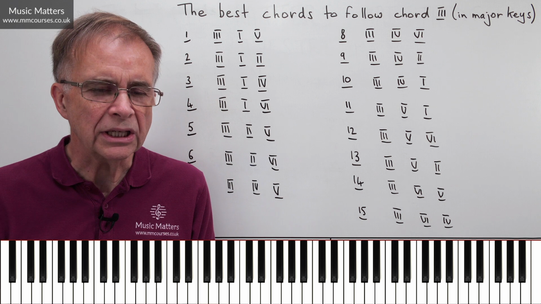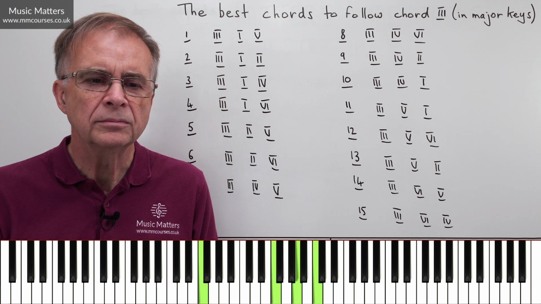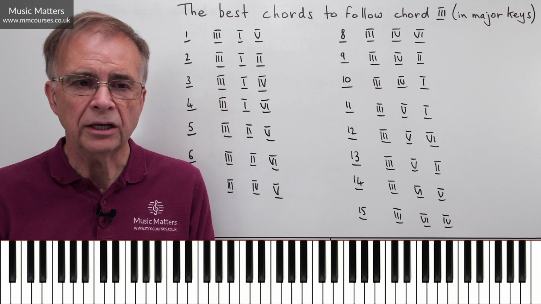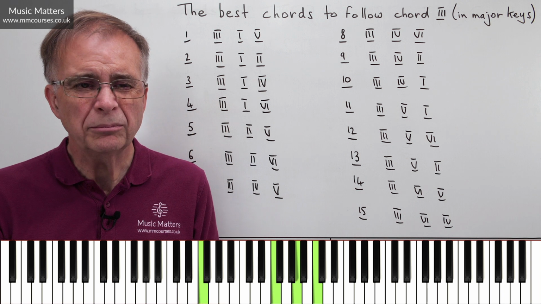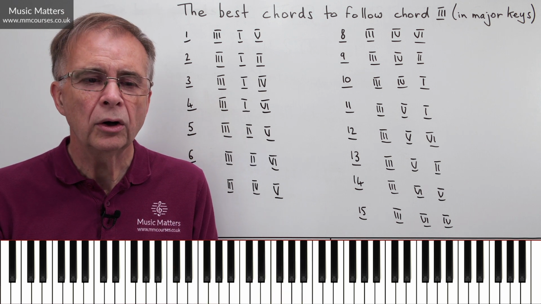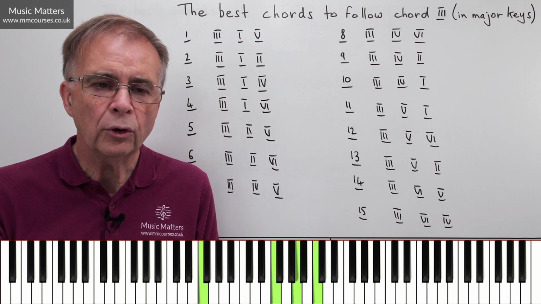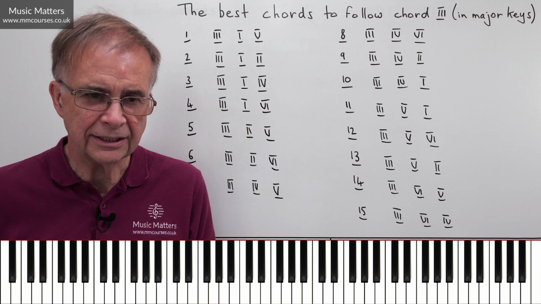Okay, option number 3, 3-1-4. So here's 3 to 1 to 4. Okay, does that work on its own? Well, yes. And then you might think, well, again, it wants something stuck on the end of it. So why not go 5-1 again? Or 3-1-4 and then 5-6 would flow on as well quite nicely.